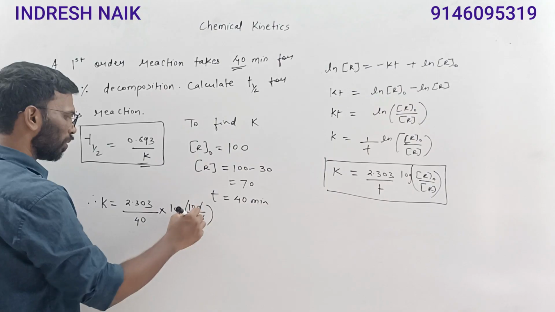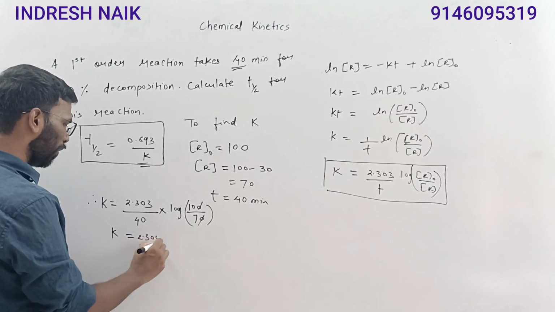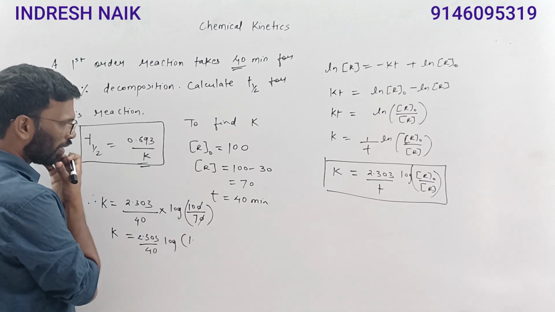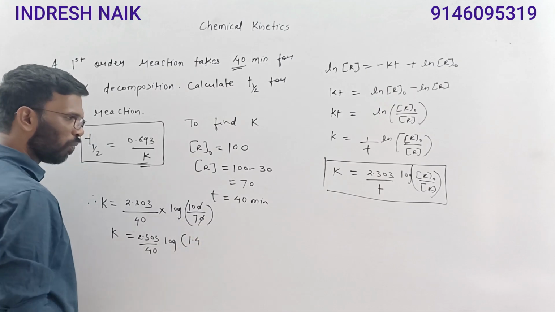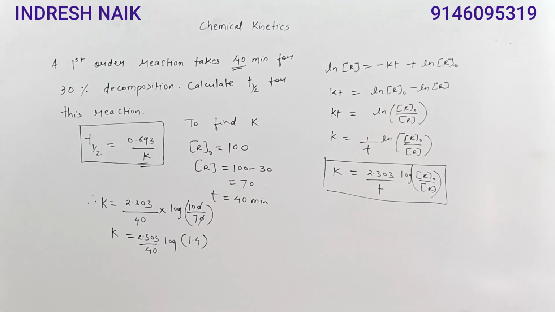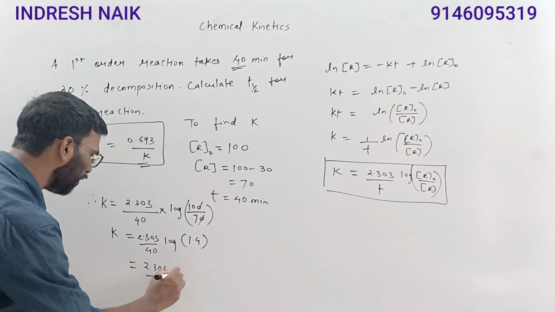So k is equal to 2.303 divided by 40 and log of 1.4 something, so finally this is 2.303 upon 40 into log of